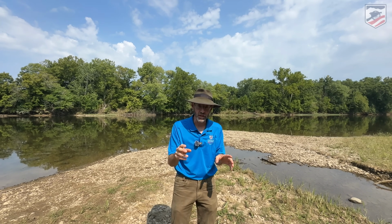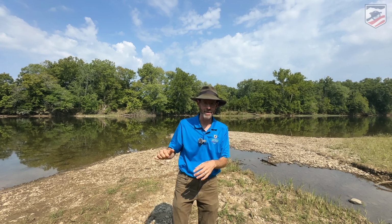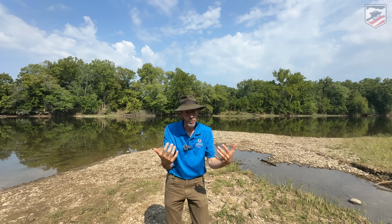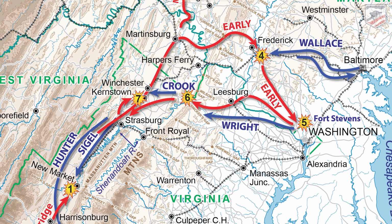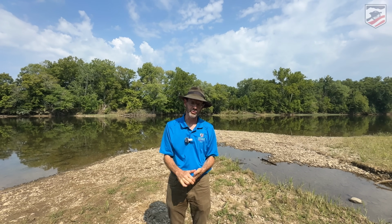Elements of the Union Army, the 6th Corps, joined by people from everybody's favorite campaign, the Red River Campaign, Battle of Mansfield. The 19th Corps are going to join the 6th Corps, and they're going to start to push against Jubal Early's divisions, okay? And this is going to be the start of a series of movements I've heard called the Autumn in the Shenandoah, or the Shenandoah Campaign, or the Shenandoah Valley Campaign of 1864. Some of these early actions, before they actually get into these well-known battles like Winchester and Cedar Creek, are happening in places that are really important, one that we're going to learn a little bit more about from our good friend,